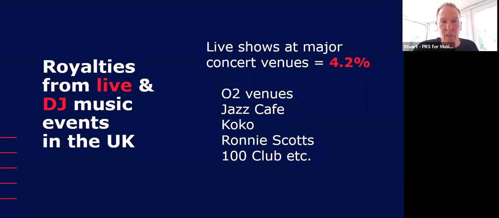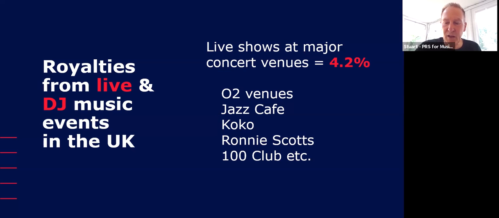The next type of venue is the major concert venue, like the O2s, and again, a few examples of some of the concert venues. The value for these shows is very different. It's based around the ticket prices. PRS is paid 4.2% of the ticket price at the box office. So how much money we receive depends on how much the tickets cost and how many people purchase them. We then pay 80% of that overall pot of money to the headliner, and the remaining 20% is split amongst the